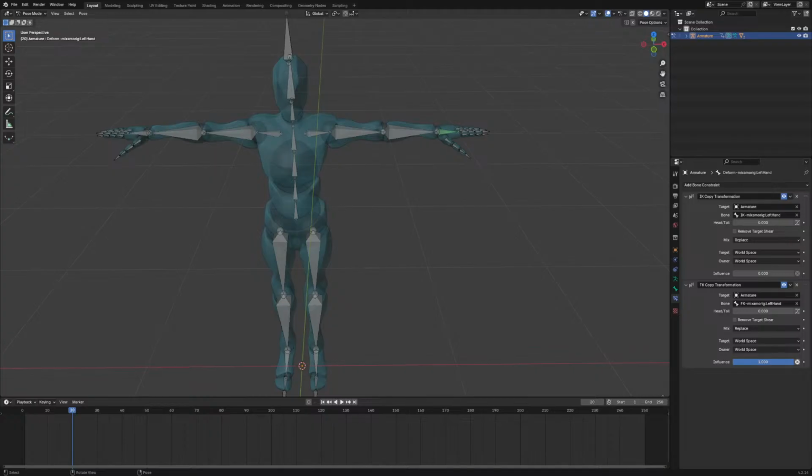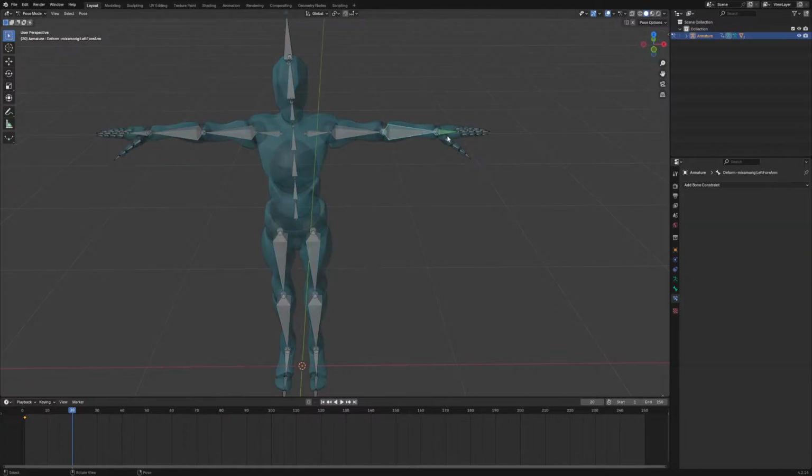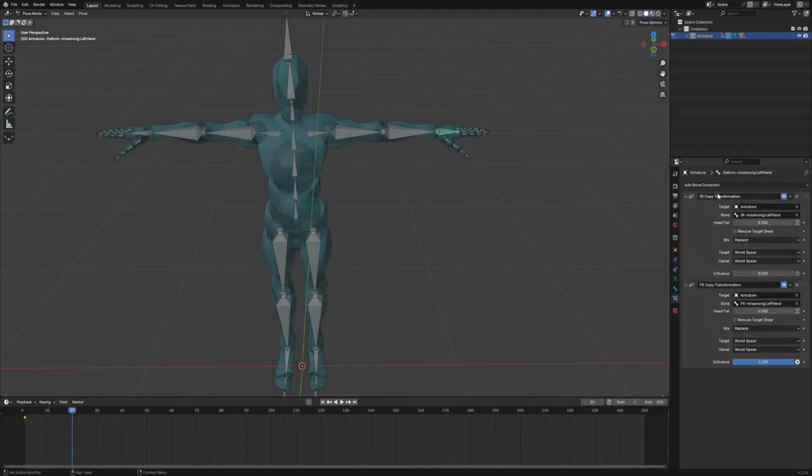See, this is not the right one. What I need is to redo not the bones themselves, but instead these constraints, because these constraints are very tedious to rename,